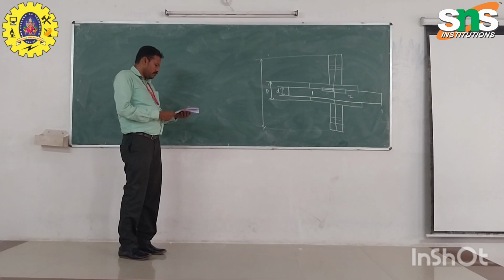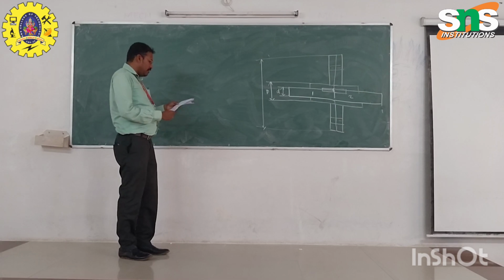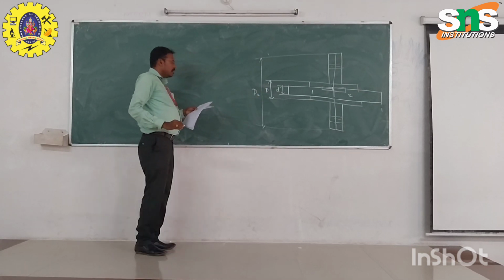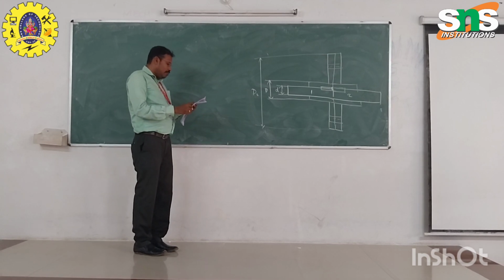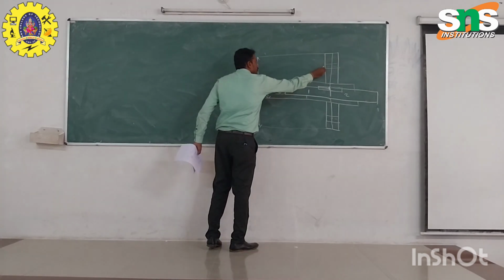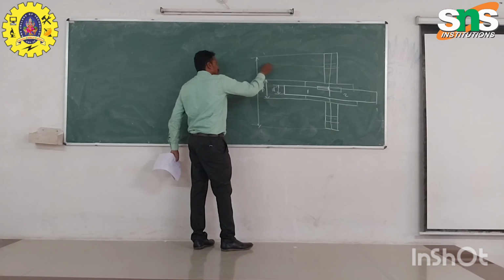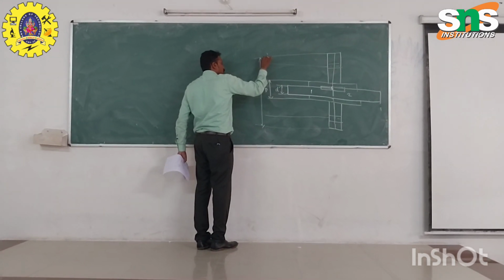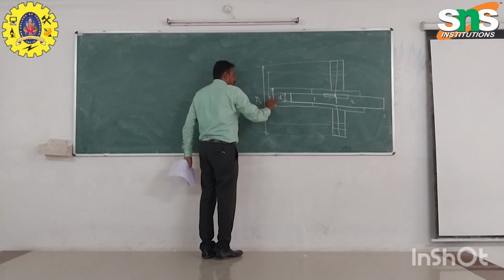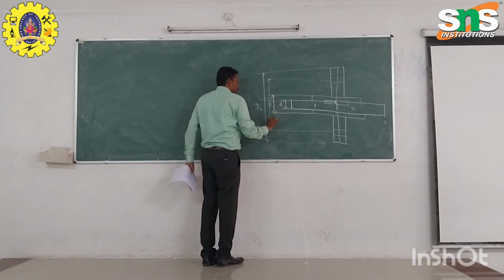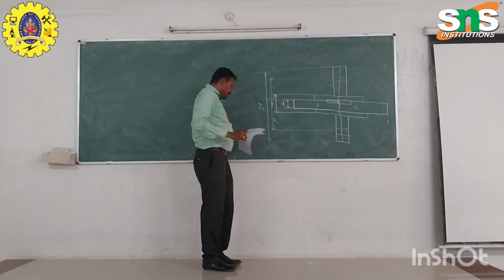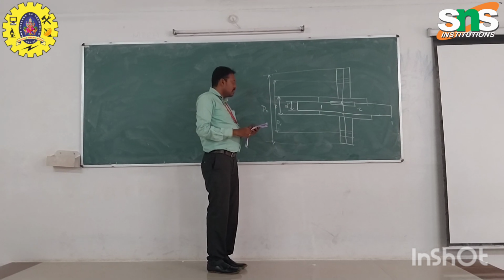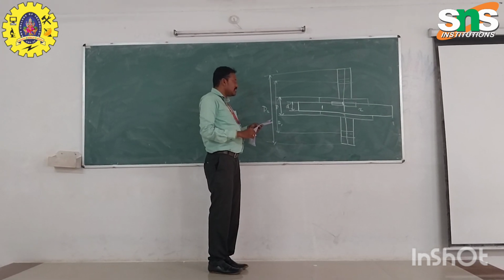16T divided by outer D2. Diameter of flange is D2. Diameter of whole circle is D1. Capital D is the outer diameter of flange. This is the diameter of flange.